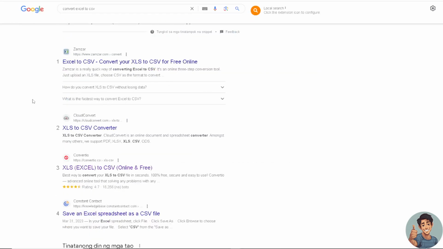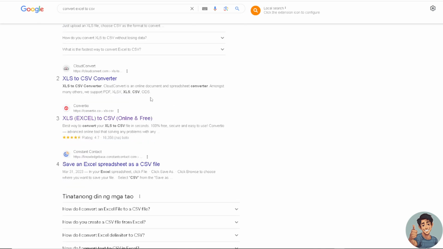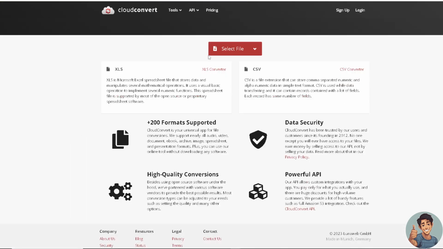Or there's a lot of online websites that offer a free conversion from Excel to CSV, and most of them are watermark free. Say for example, you go to this website, cloudconvert.com. All you're gonna do is go here and then go to Select File, drag and drop the file, and just simply convert XLS to